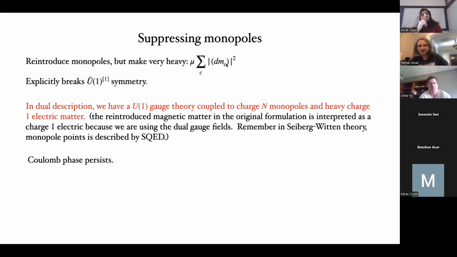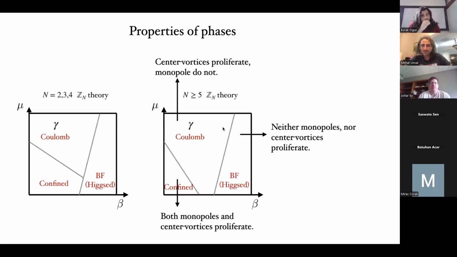So this is my deformation. Actually, this part of this phase diagram for n greater than 5 was known in the past. So we land on the following possibilities. If n is greater than 5, you go from the BF phase to the Coulomb phase, even when this mu is very small, and then you can go to a confined phase. For n equal to 3 and 4,